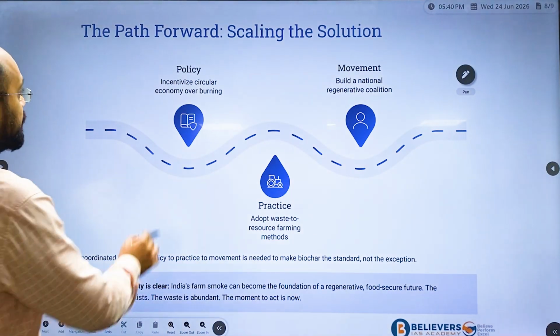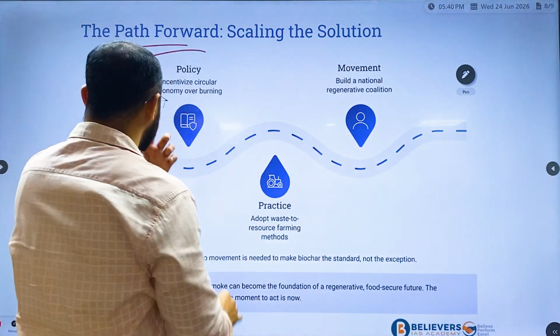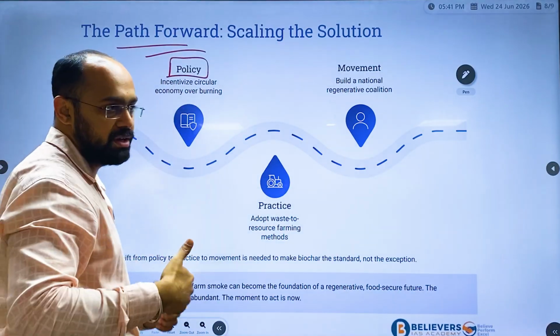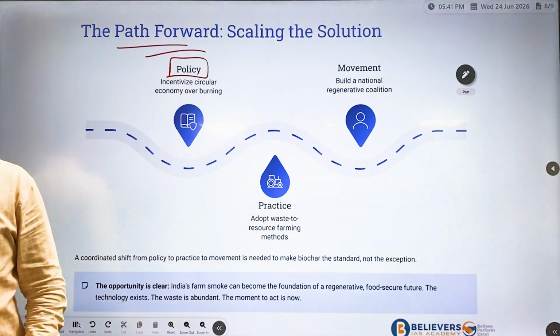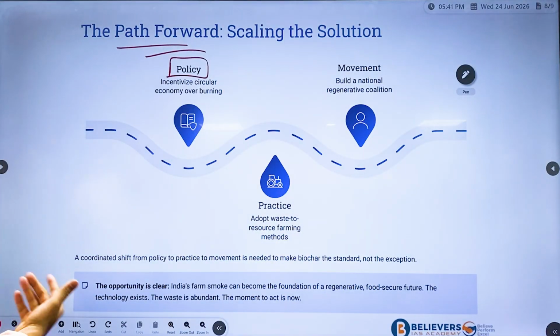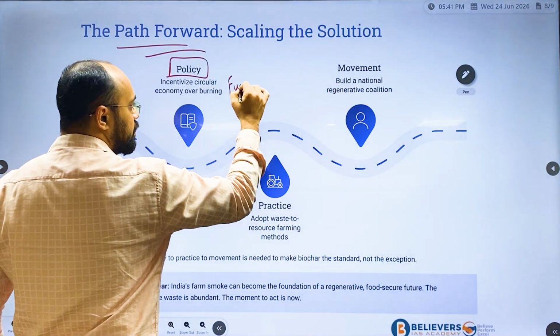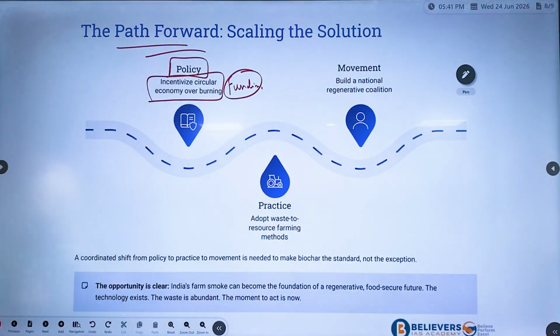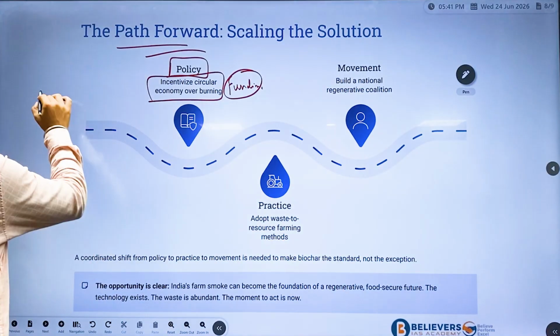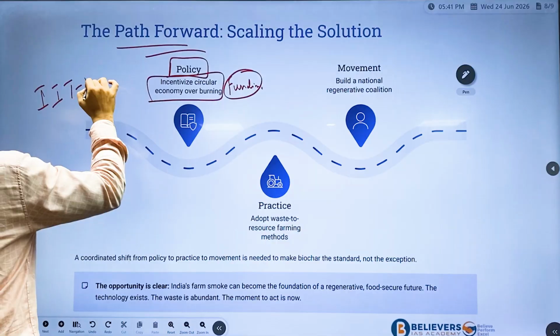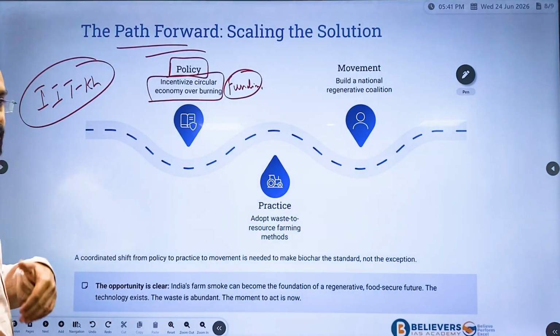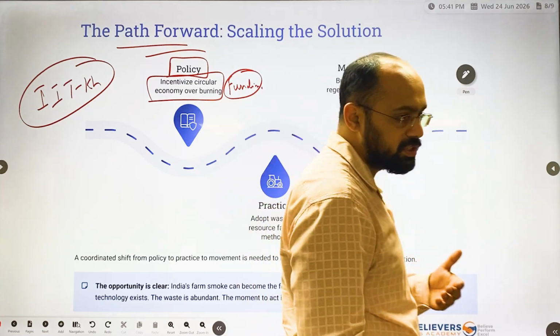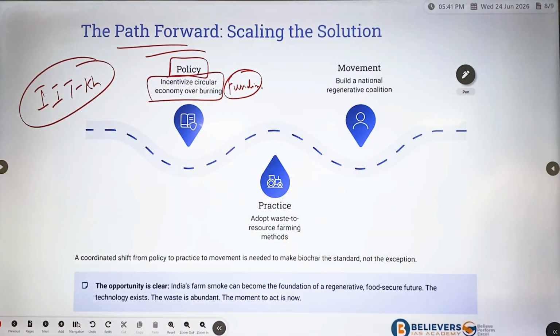Next is the pathway, the path forward, which means scaling. One is policy, which means we have to give much more importance and much more funding, especially for this circular economy because of burning. IIT Kharagpur has established a low cost burning of this biomass, and this is what we call the